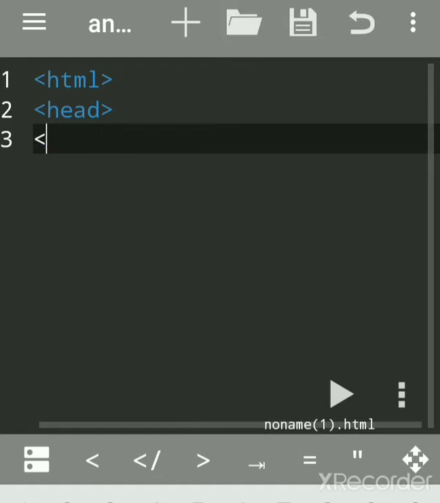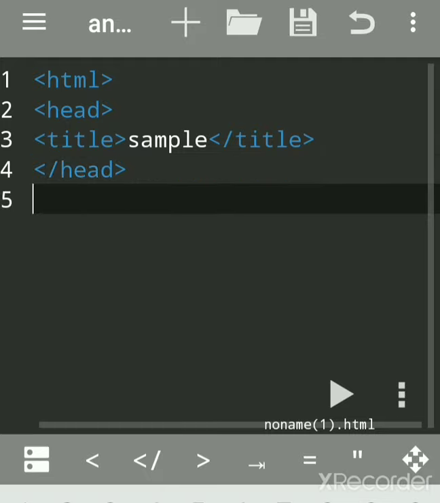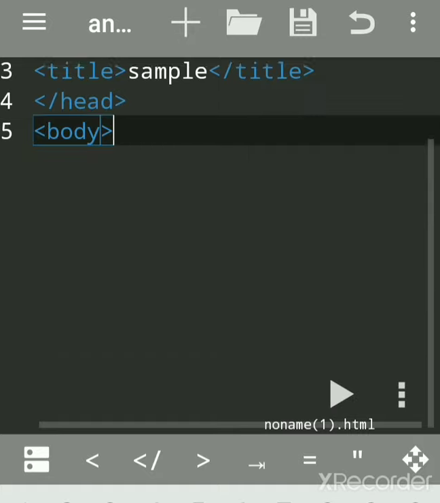You can embed JavaScript in three ways: in head section, in body section of HTML, or by creating external file. So we will see today how to write code in body section of HTML.